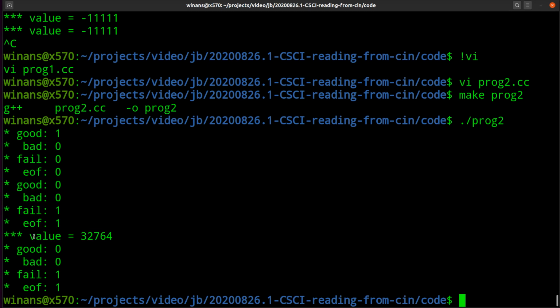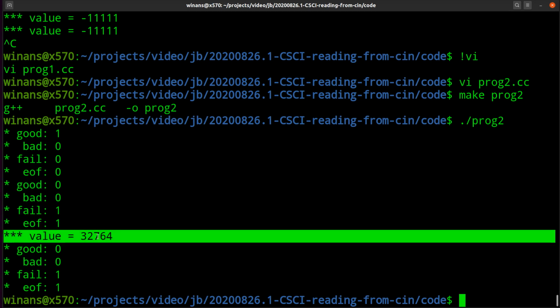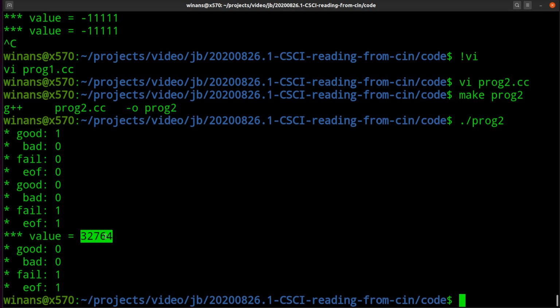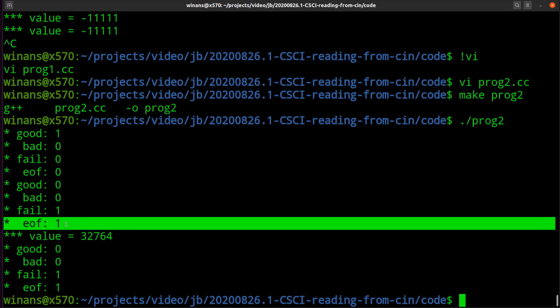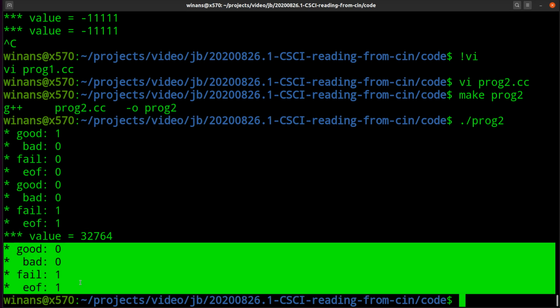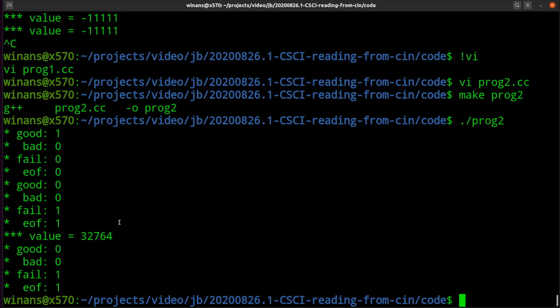And then the while loop prints out the current value variable, which has some garbage in it. It never got set at all. This is actual random garbage from the program, okay? Then the while loop asks again if it had encountered end of file. Well, by then it finally had. And then it prints out the status again at the bottom of the program before the program exits down here. So this will give us some more of an insight as to what's going on.